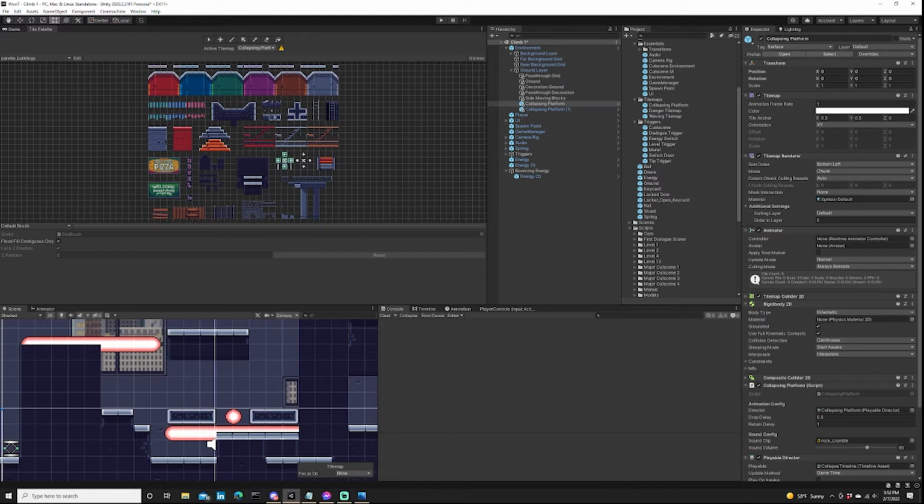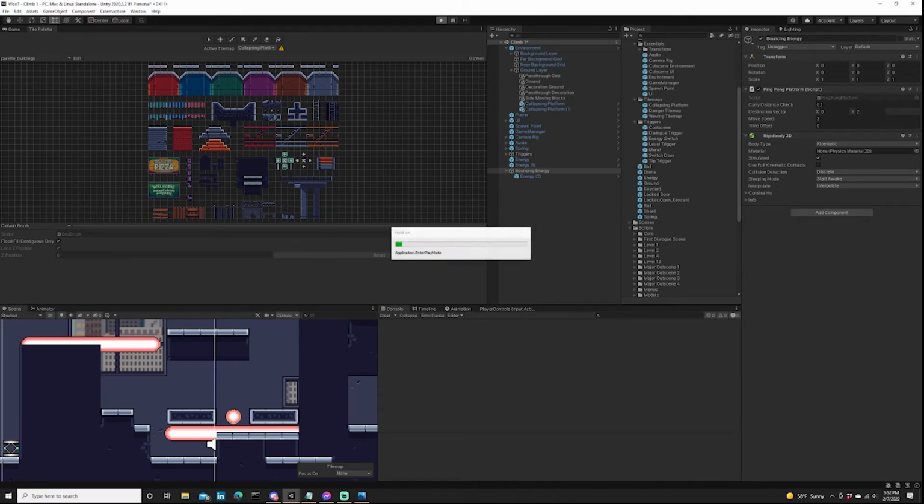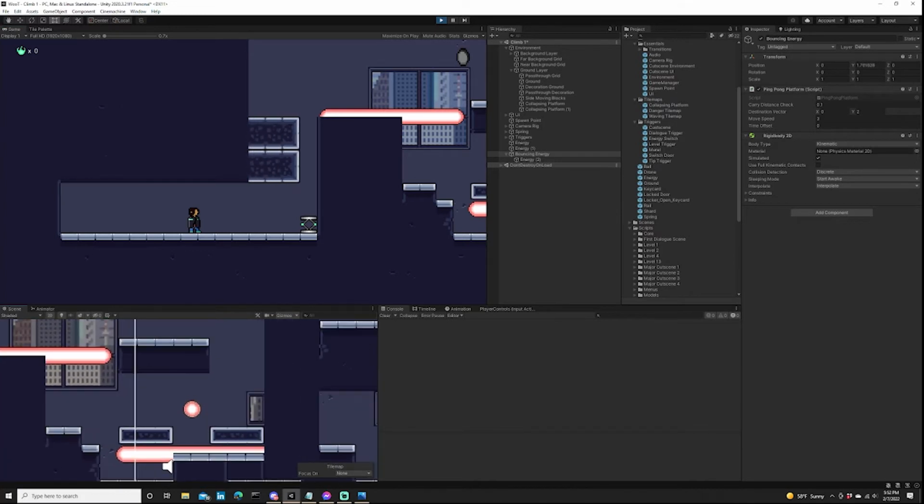And these collapsing platforms are basically platforms that drop after a second or two of the player standing on them. I created this bouncing energy. I think you might have seen I've found that the move speed should be at 3, but let me play it again for you. So I basically added the ping pong script that I normally use for these platforms, and I added it to this